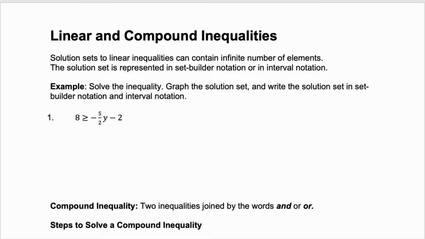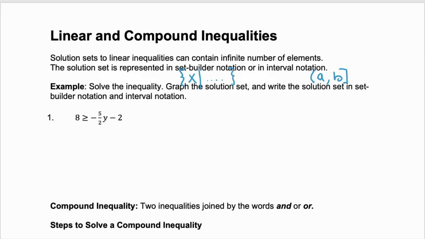Solution sets to linear inequalities can contain infinite numbers of elements, right? It could be a whole number line. And the solution set is represented in either set builder notation or interval notation. Remember, interval notation would be A through B, and you'll have parentheses or brackets. And set builder will be your variables such as x, and then the vertical line saying such that, and then